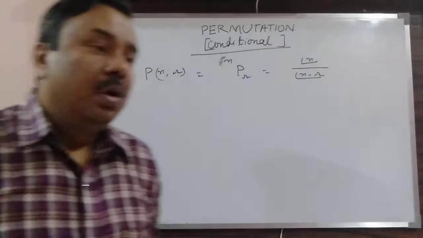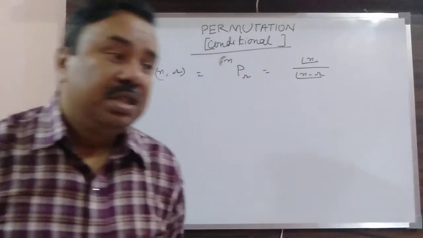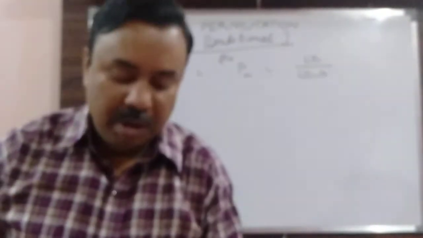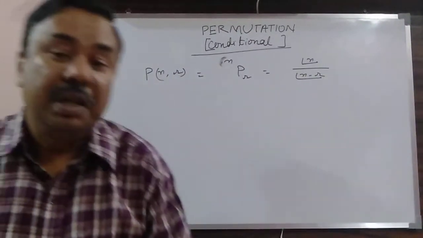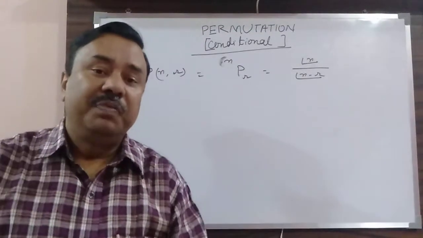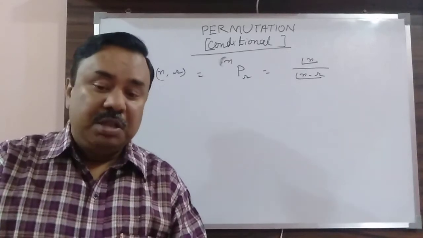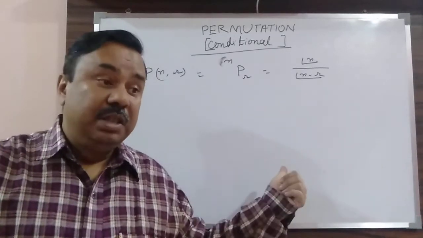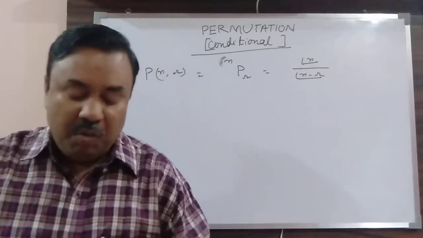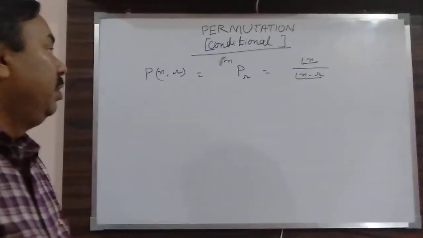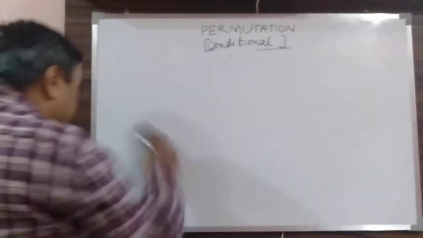Now I will be discussing some specific conditions. This formula is applicable when no other condition is given except that all the n objects are distinct, meaning all objects are different from each other. Now there are certain conditions. If I give certain conditions, in that case, how will you find those permutations? So the first condition I am going to take is,